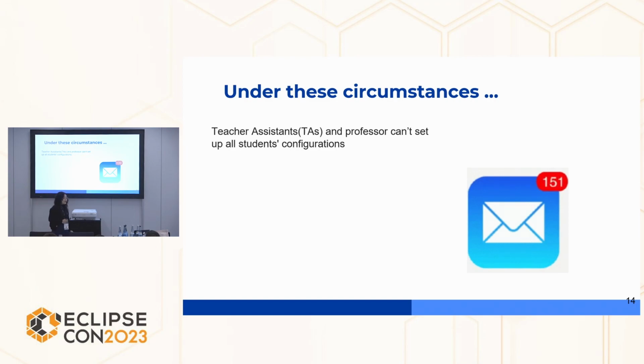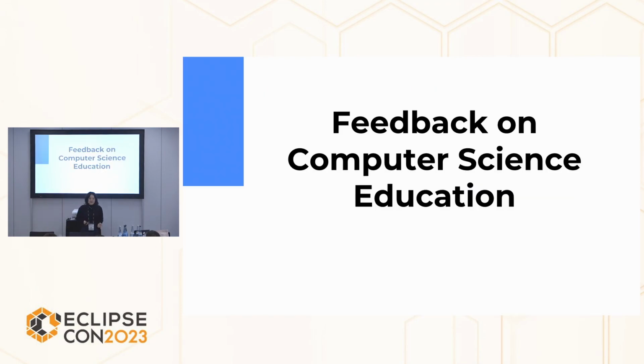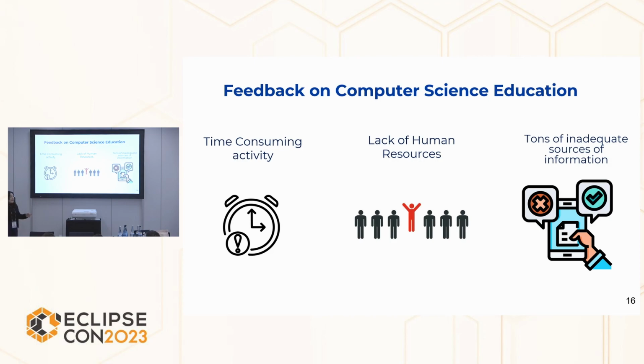And this matters because today we're going to talk about feedback in computer science education. We collected some experience, we analyzed, we read the literature about it. And the summary is that feedback in computer science education has three main problems. The first of all is that it's really time-consuming. And in an introductory course, it's even harder because you struggle with the problem that the code might not even compile, and you still need to give feedback about it. So step number 1 in that case is to fix it, try to understand what the student did, and then try to suggest how to fix it, maybe trying not to give the right answer.